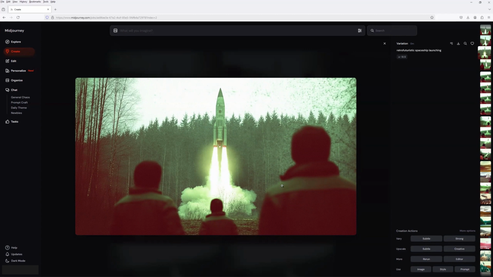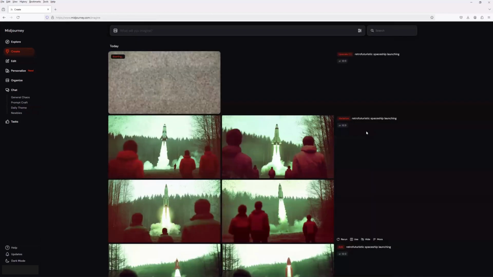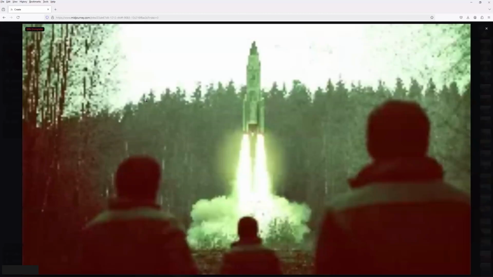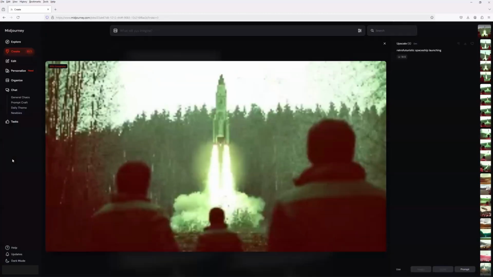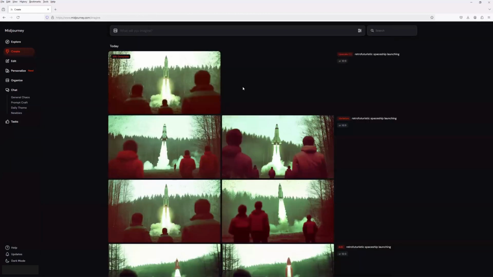So what you want to do, once you're happy with your image, you want an upscaled version of it, so it'll be high quality. You're going to hit subtle upscale. Or if you want it to change more, you could do a creative upscale. But I really like this image, so this is it. You can see the image is starting. Not done yet. Once this is complete, I'll have a really high resolution image that I can then download and use as a